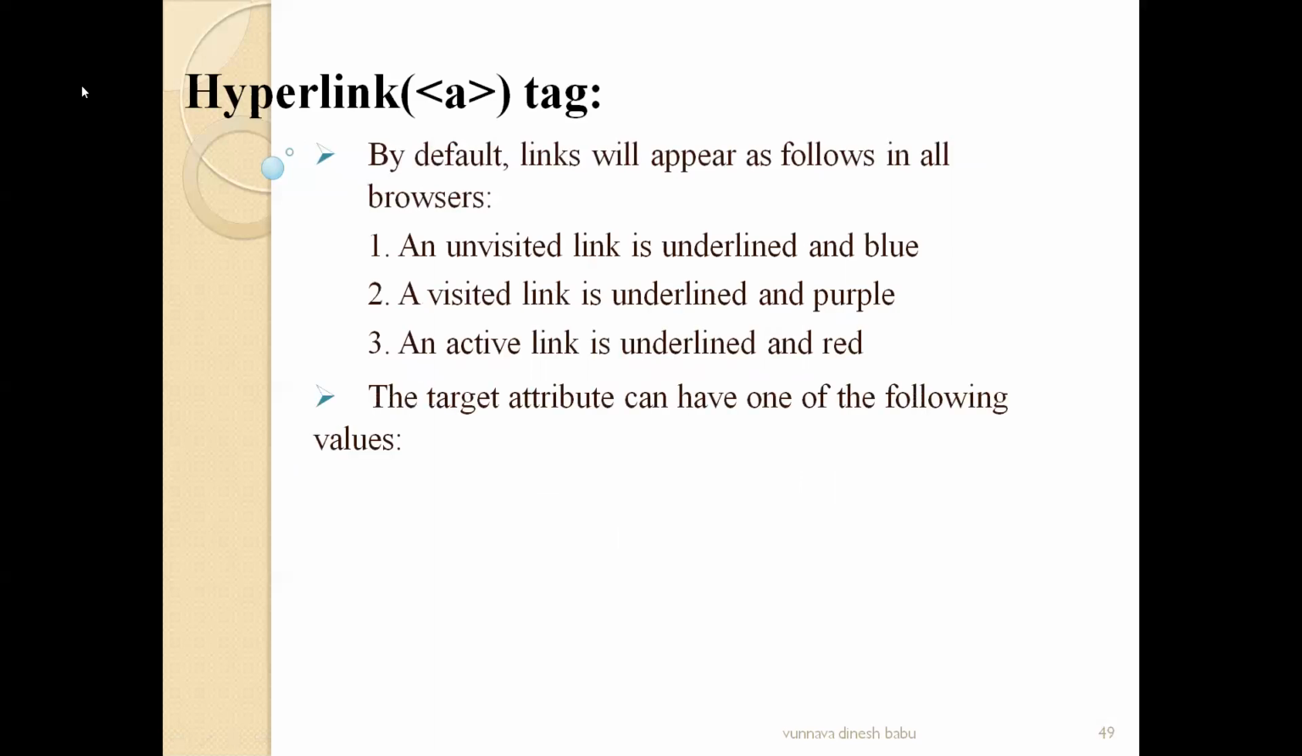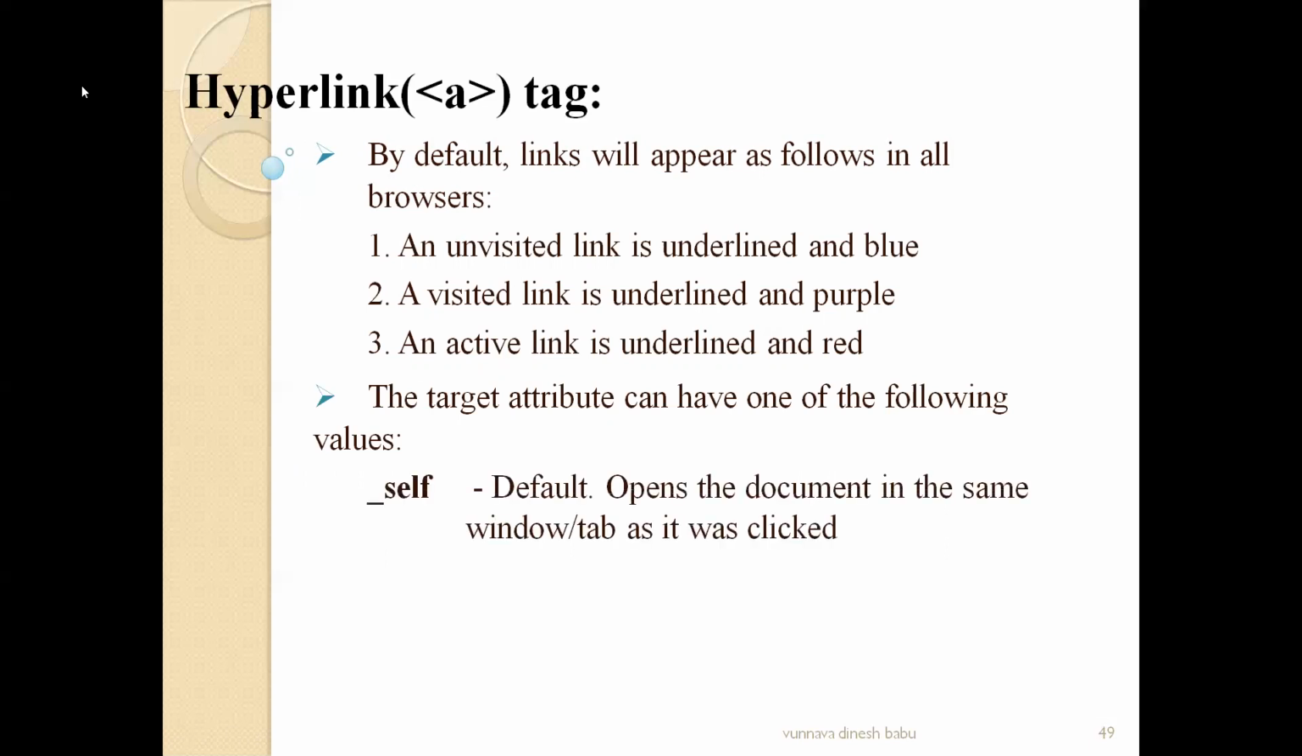So the target attribute can have one of the following values. So the values can be any one of the following. We cannot provide any other values. The values should be one among the following. Let us see what are those values. First one, if we provide underscore self, that means